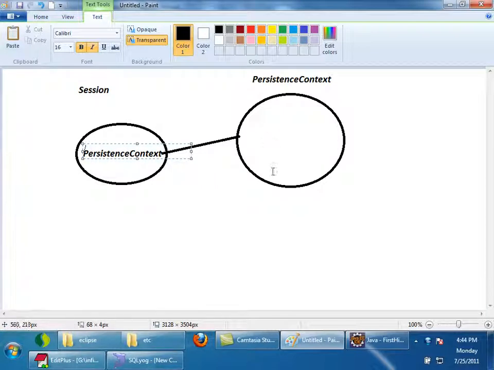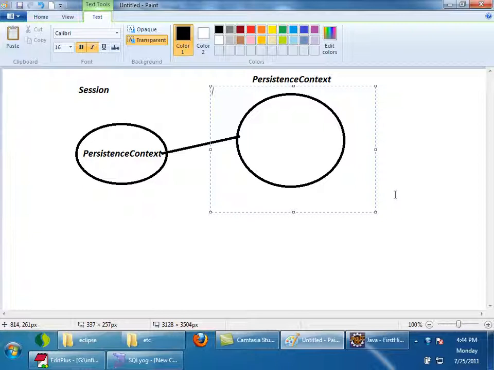Now if you try to understand what this persistence context is, it is just like a collection. You know about a lot of collections like sets and lists. A collection is an object which can hold the references of other objects, right? So here persistence context also acts like a collection which can hold the references of entities.